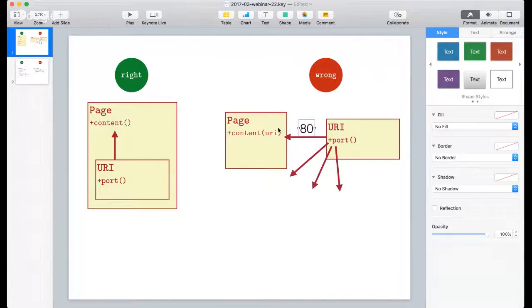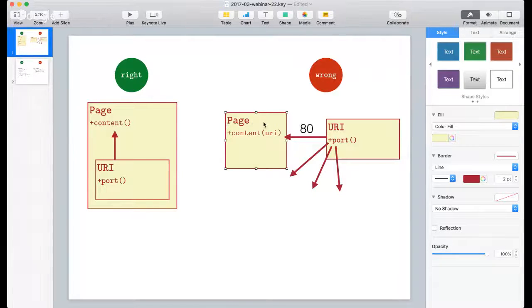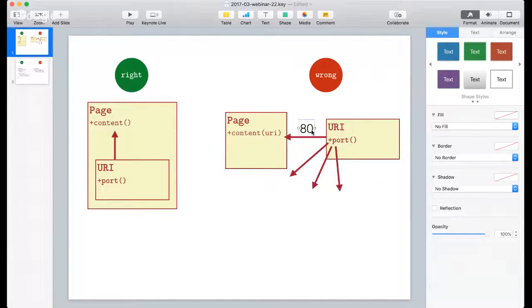This number 80 is moving here, and then this page, this class, makes the decision of what this 80 is. In this case, it will probably make the right decision, but who knows? As long as the data is there, we cannot control it. The URI cannot do anything with this piece of data. It's just a number, just an integer. Like I said, without any range, without any limitations, it's just a plain 4 bytes, which this page can do whatever it wants. The same will happen here, of course.